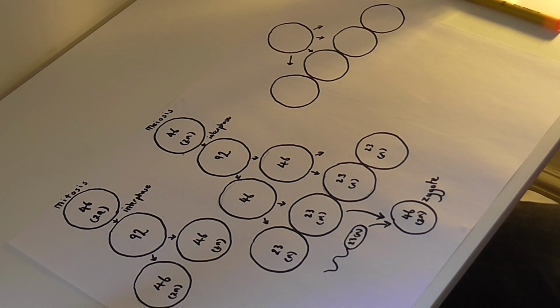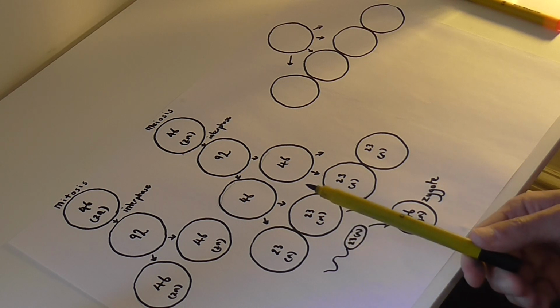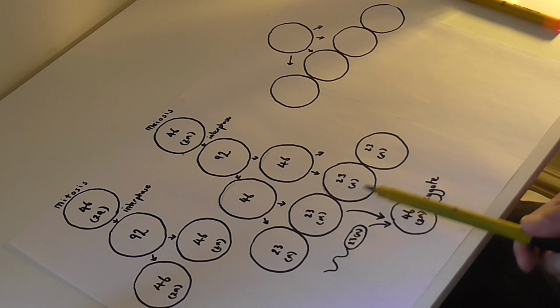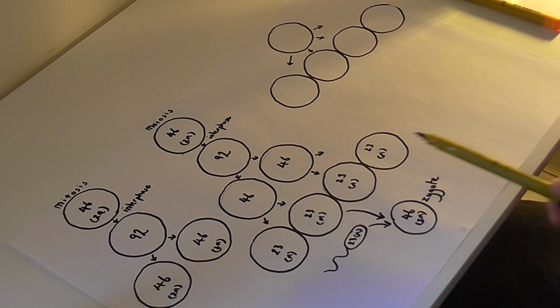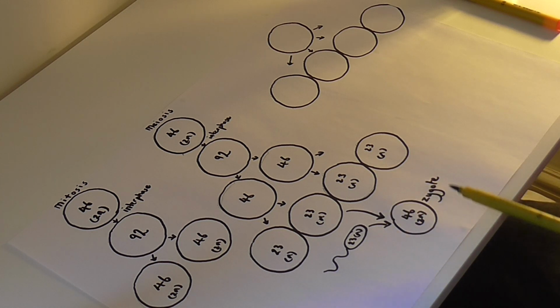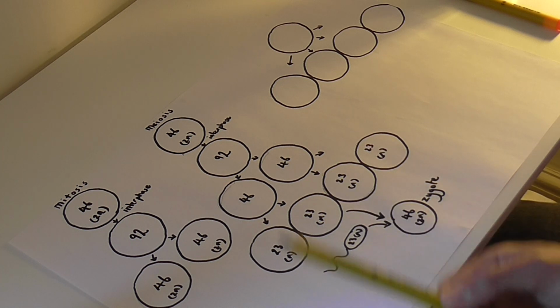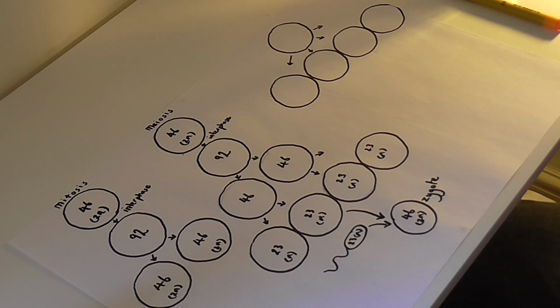So function number one of meiosis cell division: produce gametes with the haploid number of chromosomes to allow the diploid number of chromosomes in that species to be maintained from one generation to the next, and so on and so forth. The second function of meiosis cell division, as I'm sure you'll know, is to produce genetic variation in, initially,